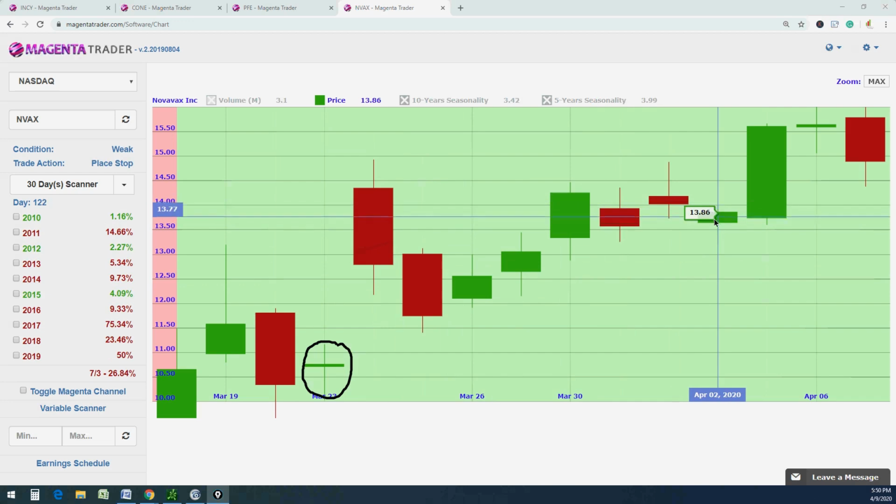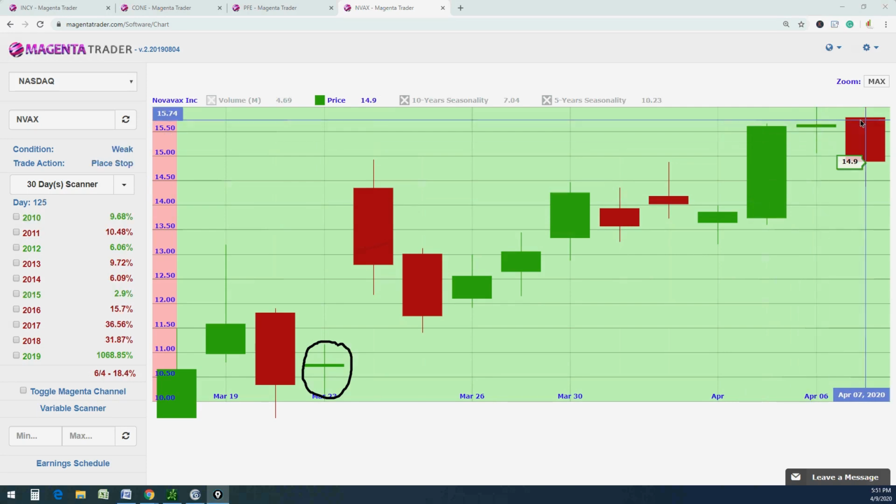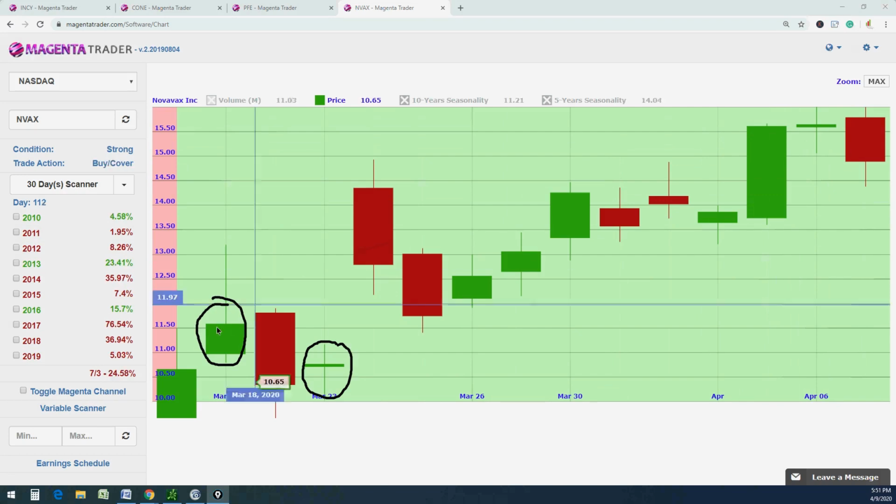Over here, it seems like it was dipping a little bit. It says place your stop. You would have placed your stop at the low of that candle. The very next day, everything was fine. Then hold on to it. Don't do anything. The next day, hold on. Don't do anything. The day after that, place your stop. And what you'll see is, again, from the time it first recommended getting in, which was somewhere around,